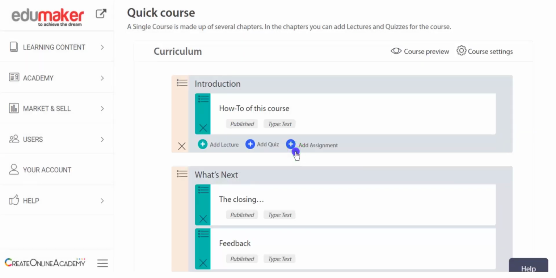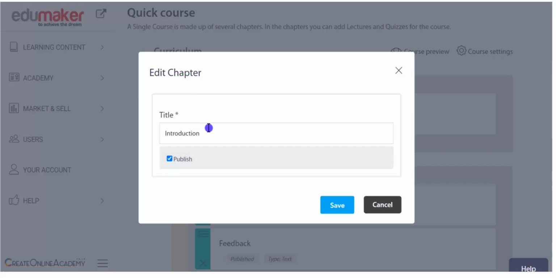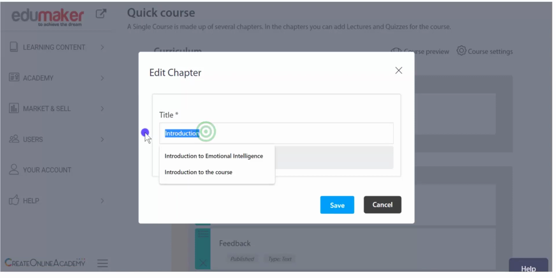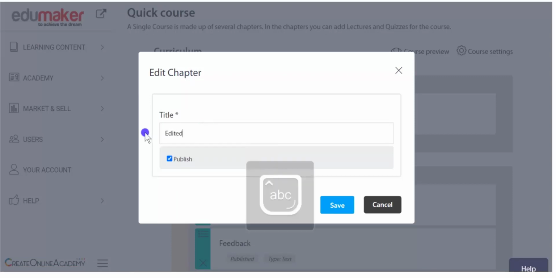But it is always advisable to unpublish them instead, as you will lose the content in it unless it has been added in your media library or question bank. Further, by clicking on this icon of a chapter, you can edit its name and publish or unpublish it.